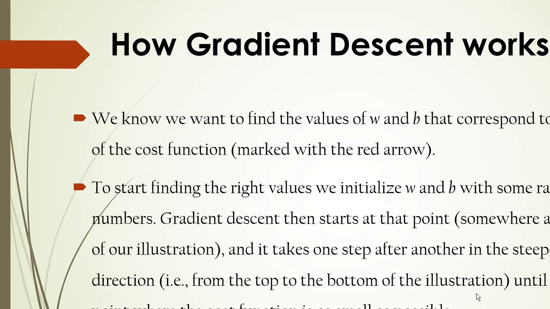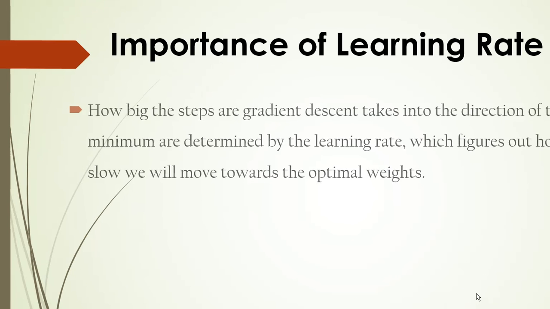Gradient descent then starts at that point and takes one step after another in the steepest downside direction, that is from the top to the bottom of the illustration, until it reaches the point where the cost function is as small as possible. So what is the importance of this learning rate? How big the steps are that gradient descent takes in the direction of the local minimum is determined by the learning rate, which figures out how fast